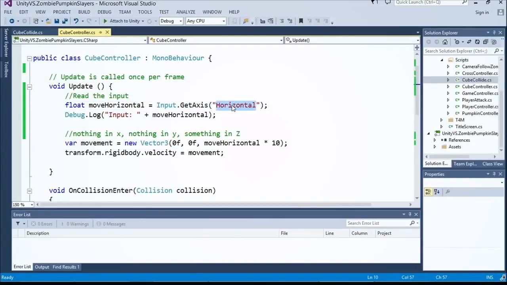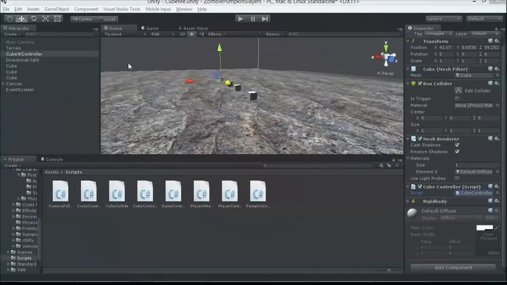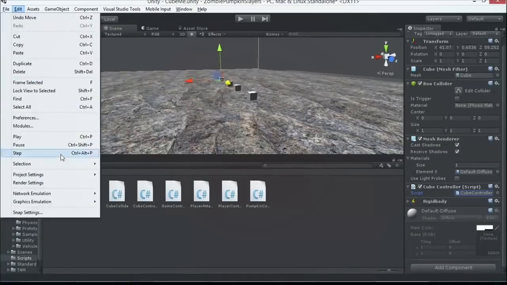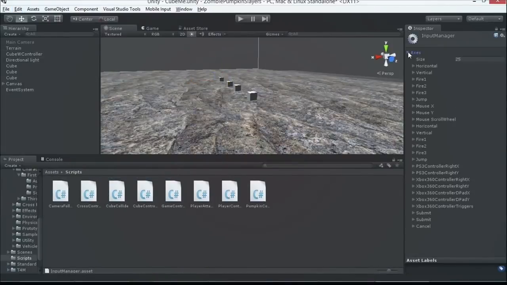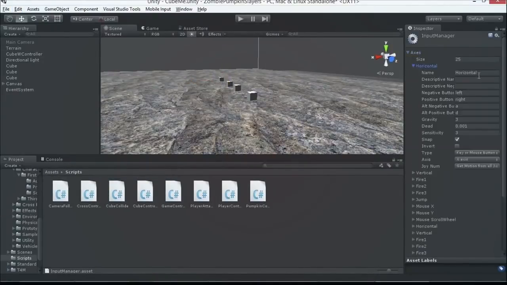If it's using a string here, horizontal, well, if we look over in Unity under our project settings, input, there's a bunch of preset definitions here. The name horizontal means we're looking at the left and right arrow, or the A and the D key. Think of the common keyboard gaming keys. A and D move you left and right. So why do I want to go through this instead of using Input.GetKeyCode? I like